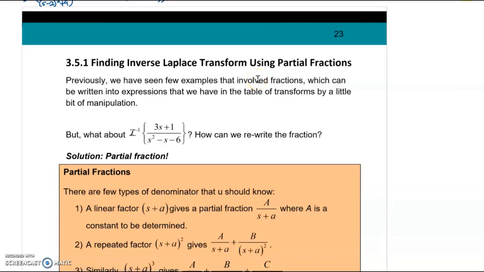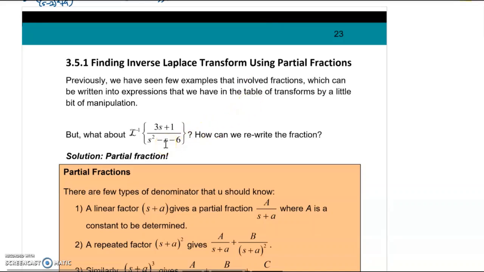Previously we have solved a few problems that involve fractions. All you need to do is to manipulate the expression so that you have a term that is similar to what you have in the table. Okay, the mapping process. But somehow in a certain problem, you were given a fraction where the denominator is a